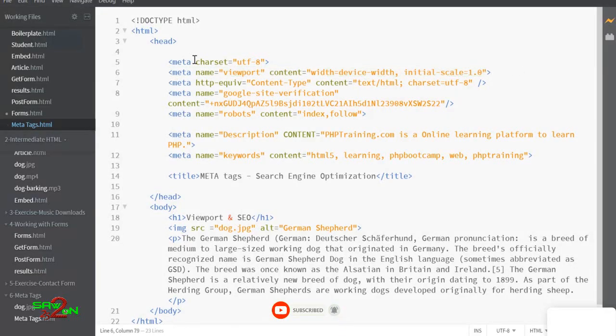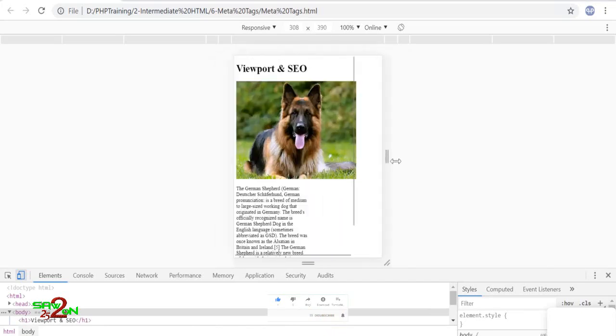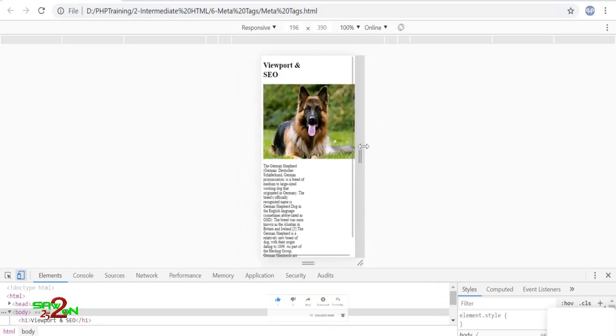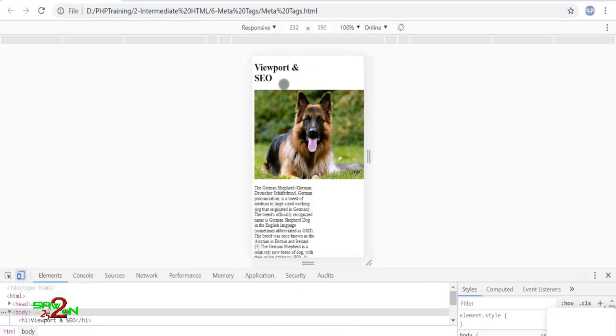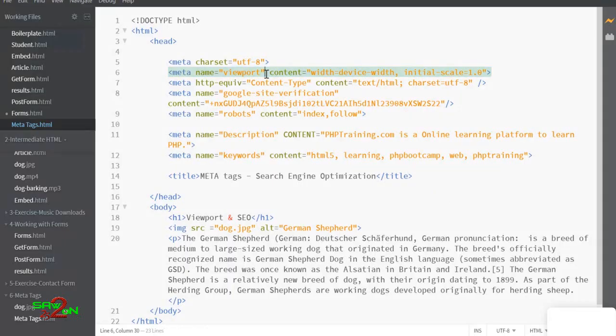That's why you will see in some of my other examples I use this, so that when you view the file via your mobile phone or tablet, the content itself is sized to that specific device and you don't have to worry about it. If you resize this now, you see it's nicely resizing. It's not going all over the place, it's resizing itself to the device width. So that's the purpose. If you want to come out of this, click on this button again and come back to the normal browser view. So that's the purpose of the viewport.